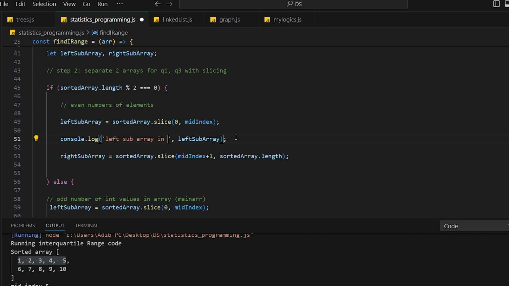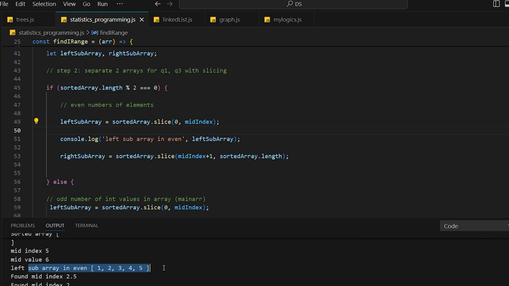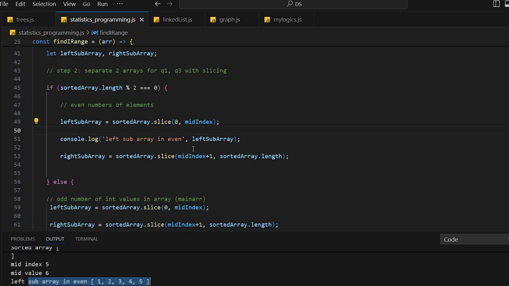If I console.log this out, now the left subarray in even number, let's check it out. Okay, so the left subarray in even number is 1 up to 5. So it is divided into the left subarray. Now we need 6 up to 10. So how can we do this? Mid index is 5, which means the value 6. So we need to include this mid index as well. So if I just write mid index up to all the values,